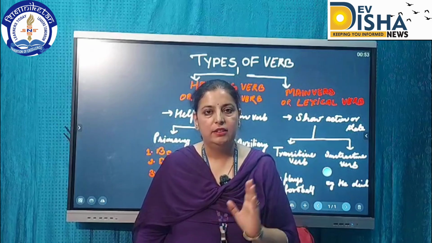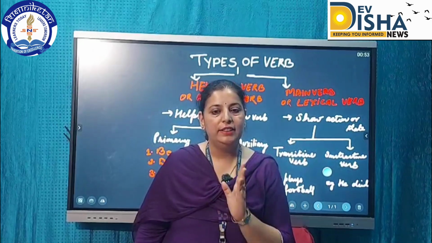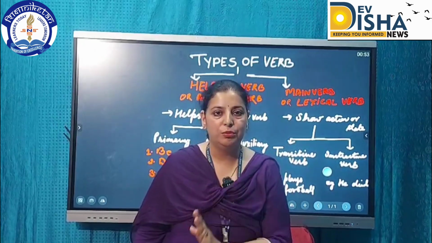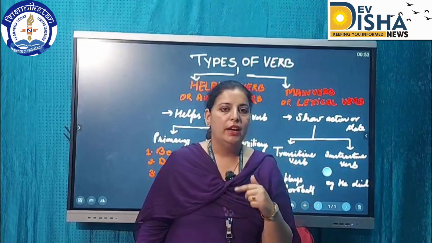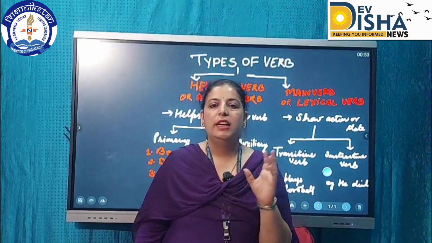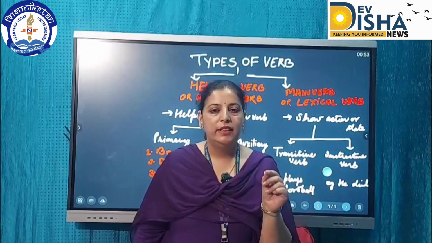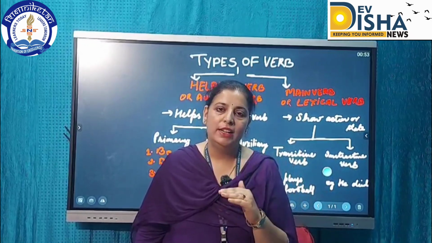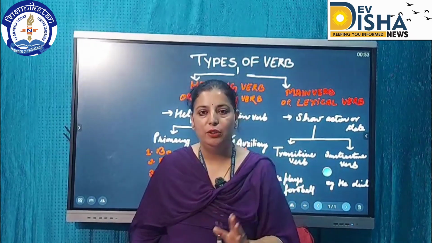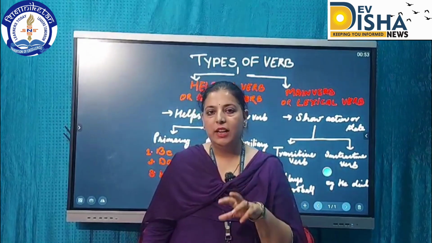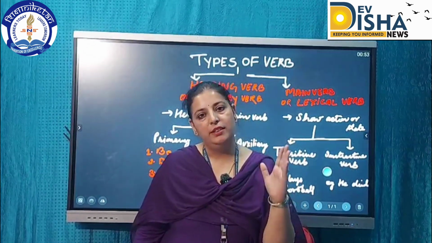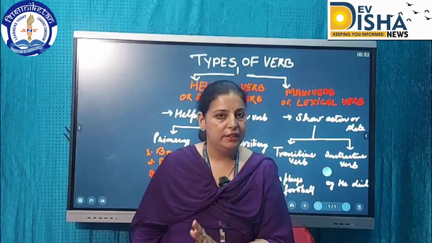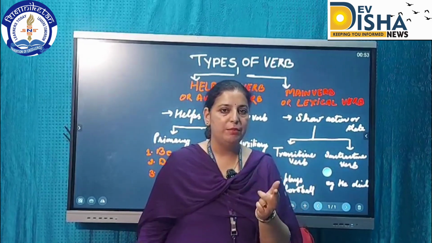I write a letter. The action of write is reflected on the letter, that is the object. So this is a transitive verb. If I say he died, for example, there is no object in this sentence, so died is an intransitive verb. It doesn't have any object. I am sure that now we can differentiate between transitive and intransitive. Let us revise and recapitulate it.